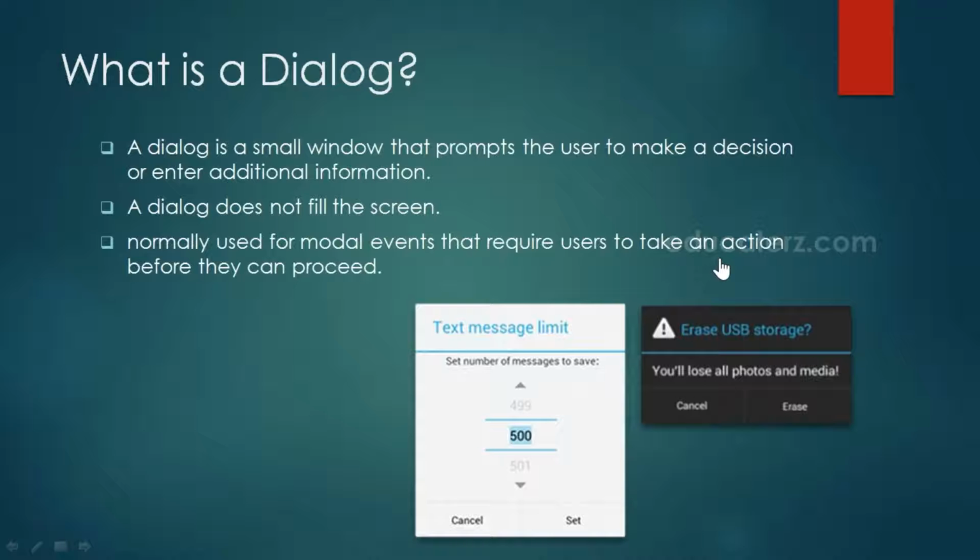Before they go further, if you see, if I click cancel here, it is going to do a negative action. When I click on erase, it is going to do a positive action in the application process. Something like yes or no. Previously we used to label yes or no, or cancel, yes. Presently, from 4.0 onwards, we are not giving labels like yes or no. Simply cancel does the dismissal operation, and erase, the positive, is the affirmative action.